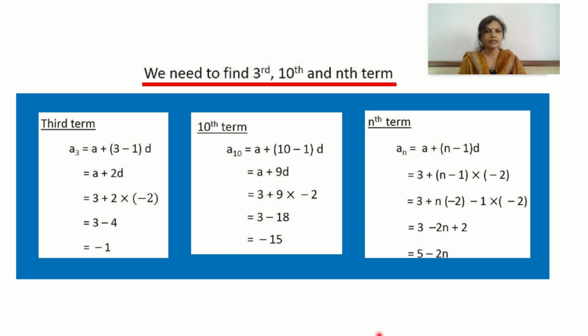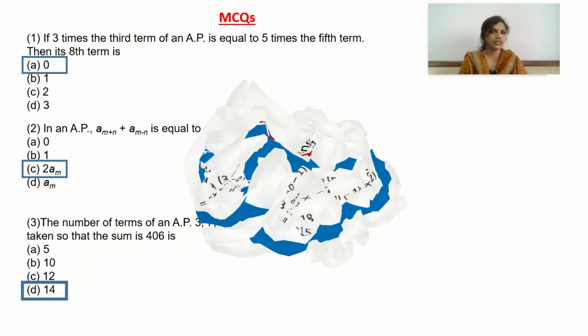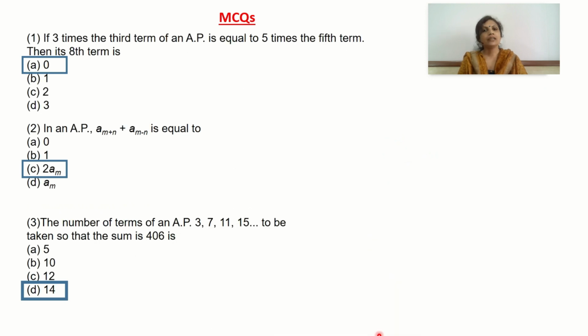Alright children. So here we come to the MCQ part of the chapter. But let me just tell you that the whole of the chapter is based on two formulas. One is the nth term of an AP, that is an is equal to a plus n minus 1 into d, and the other is the sum of n terms of an AP. Now when a sum is given to you, it is on your side to understand the sum and find out which formula you can use and find the values.